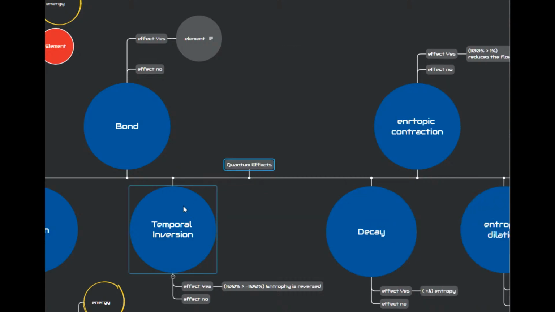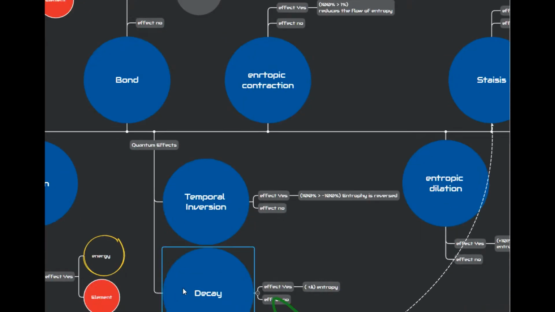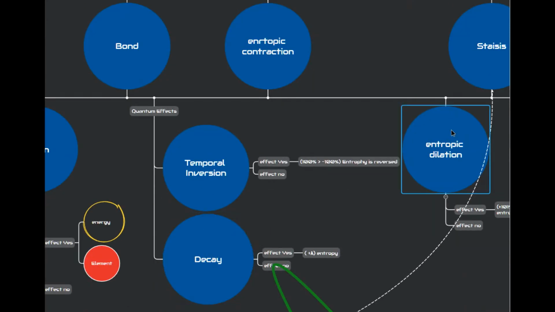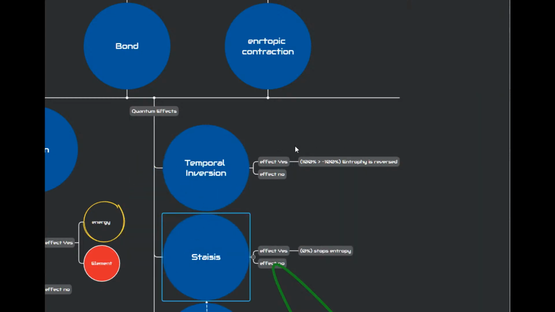And then we'll put that on the actual board, and then we can add those to the entropic delay, stasis world. So you'll have different